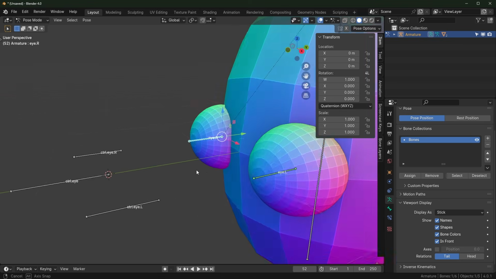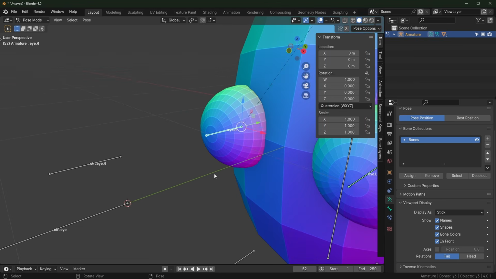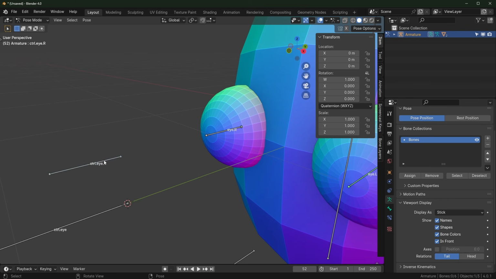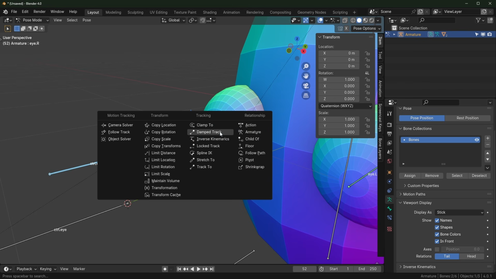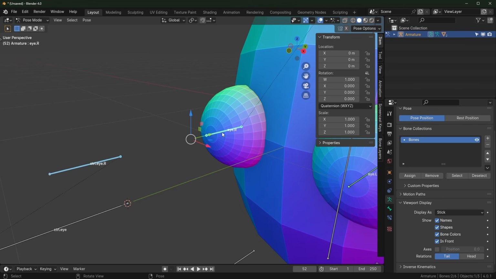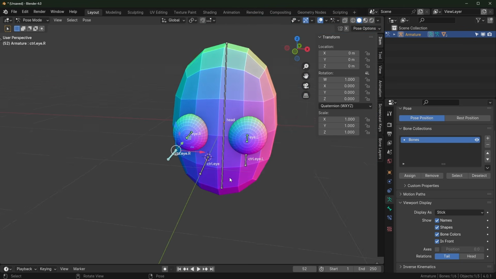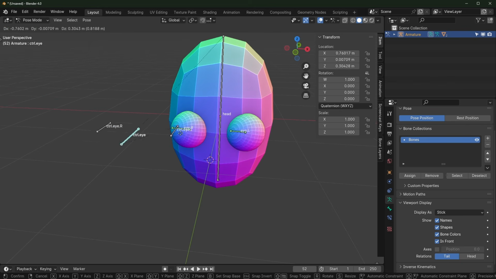Let's do it a different way for this side. So a quicker way using shortcuts. Let's see if I can figure out the right order. I think you select the eye bone and then you shift select this one and then Shift Control C and damped track. Nope, wrong way. Okay, so select the target or the control and then the eye bone, and then Shift Control C. That's to add a bone constraint. And then we can just add damped track. And now this one should be matched up also. So now you move the central bone and both of the eyes are tracking it